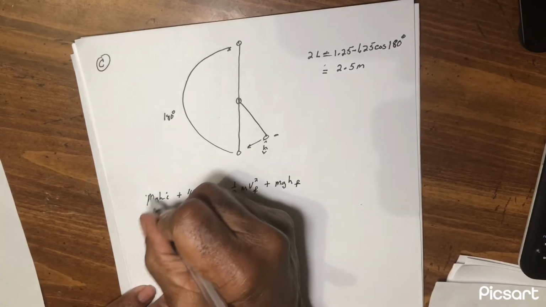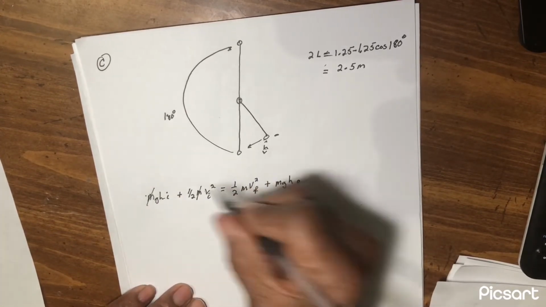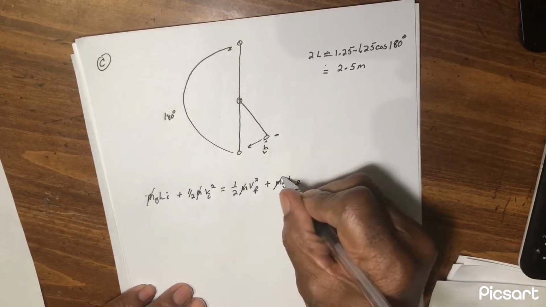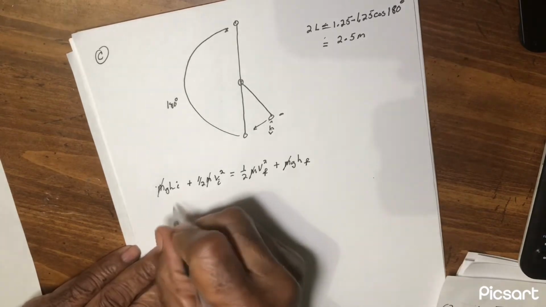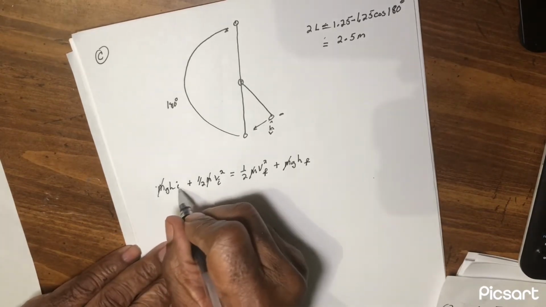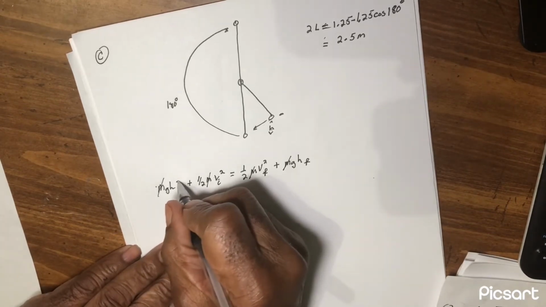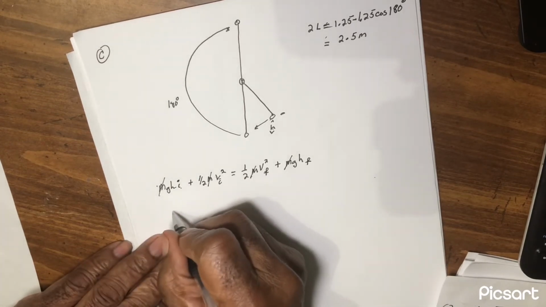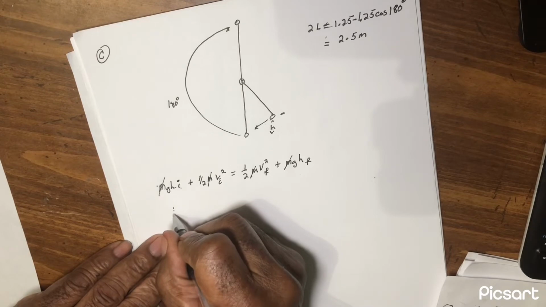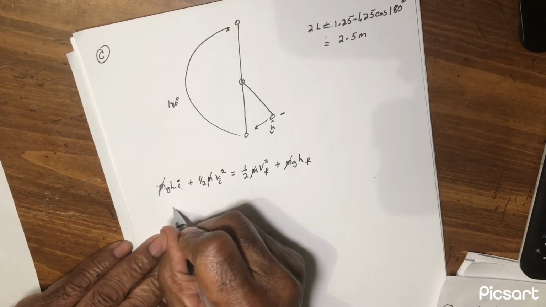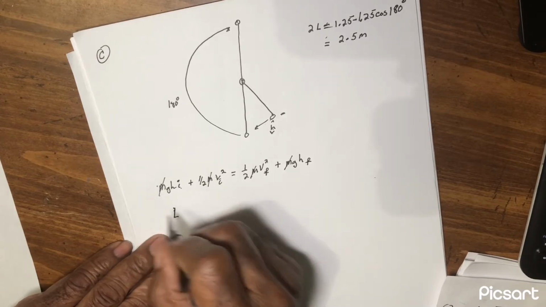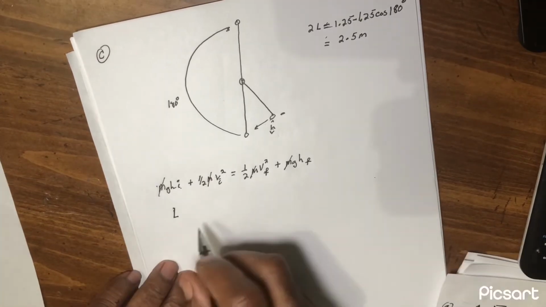All the m's cancel. So we're left with gh initial, which is L